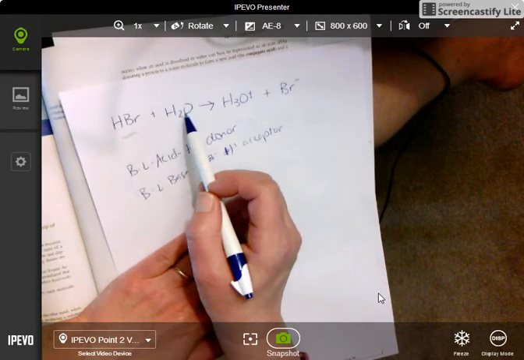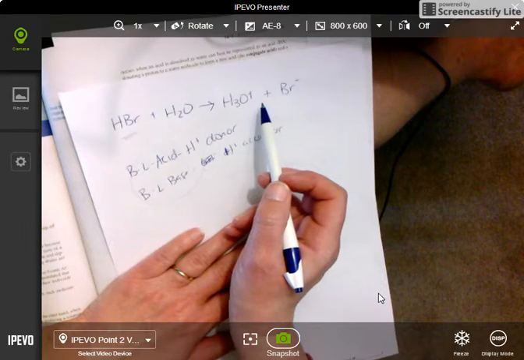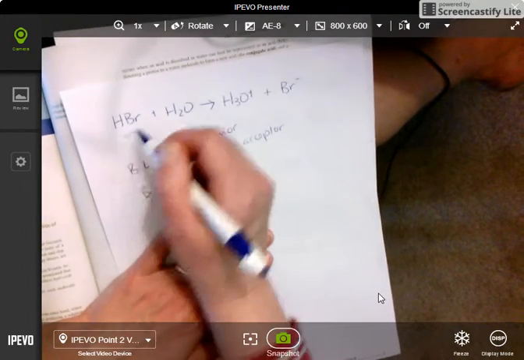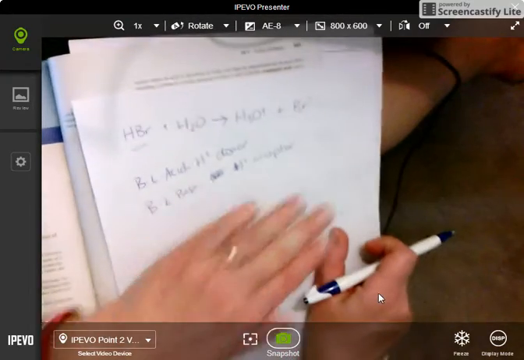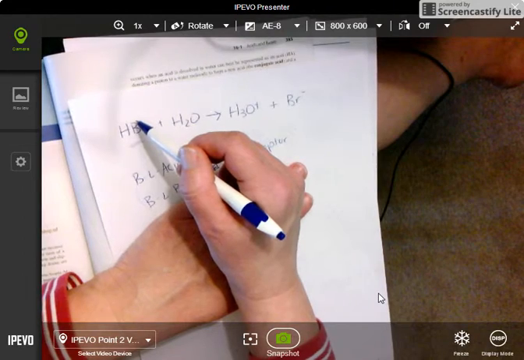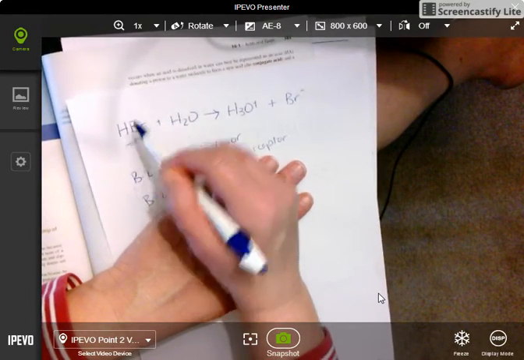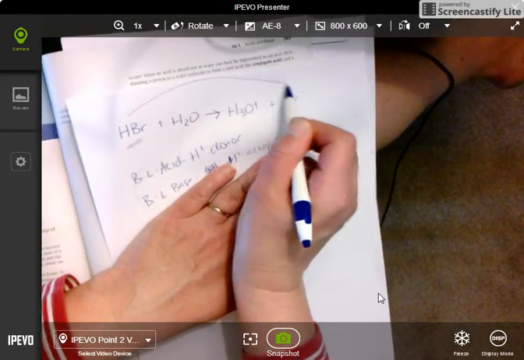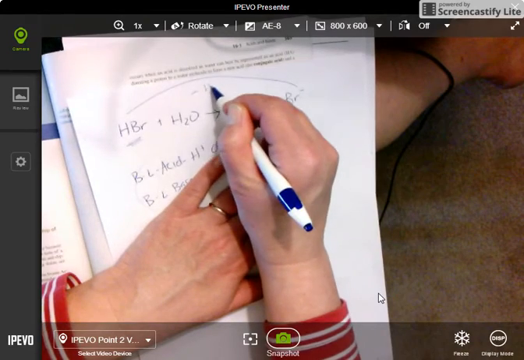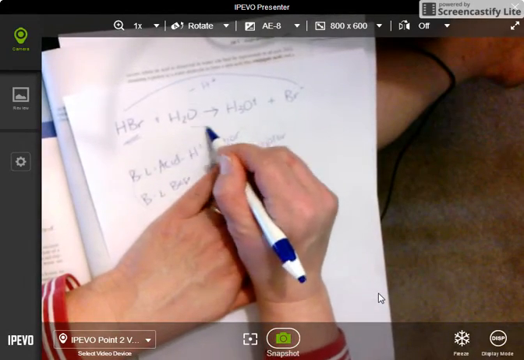Alrighty, so you might have a question like this that asks you to identify the acid, identify the base, and the conjugate acids and conjugate bases. When you're doing a problem like this, find the species, is what the book calls it, but I think of it as the related particle. So the related particle here is this one right here. And it had to give up an H plus ion. It gave it away. This one had to